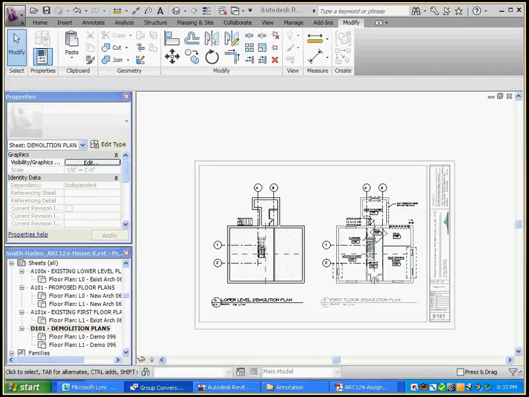This is the same. This would be placing rooms in